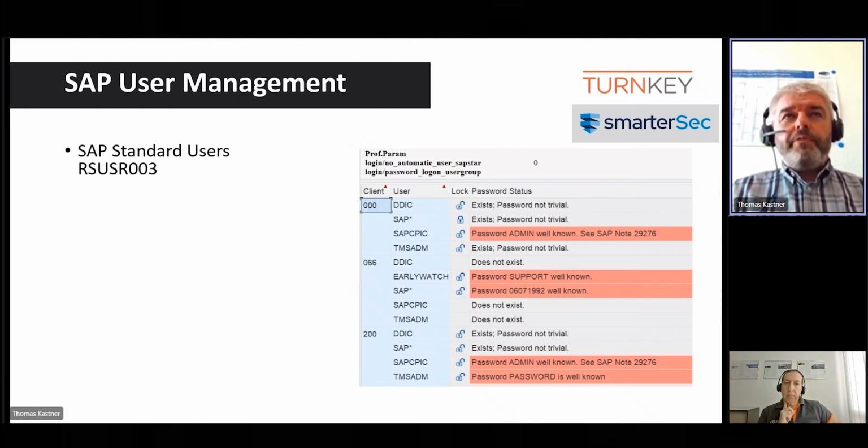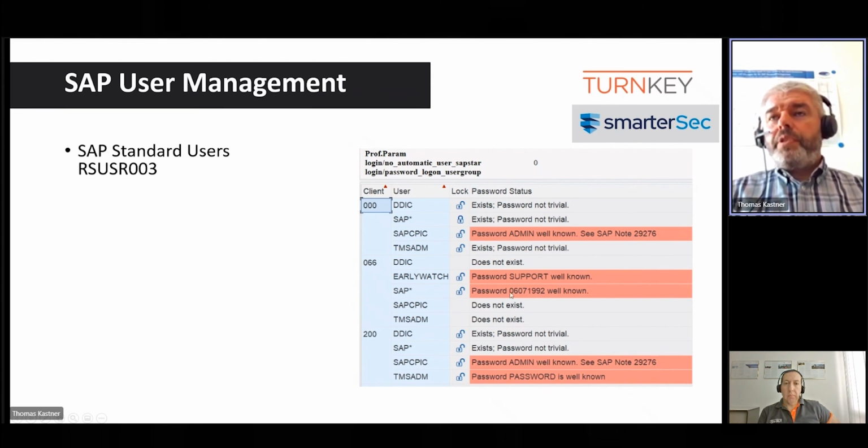Here's the list when running RSUSR003. In that particular system, for example, I could log in to client 066 with SAP* with this password, 06071992, where the first release of an R/3 system was released.